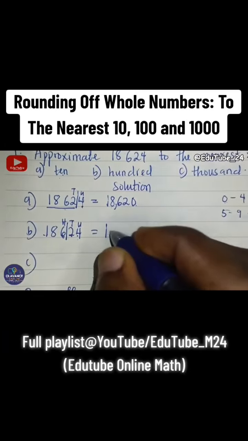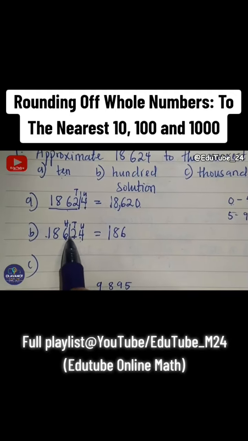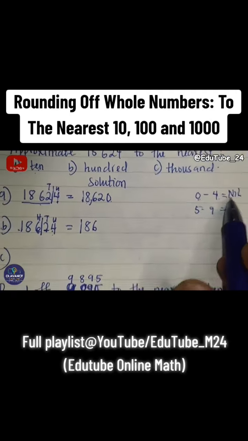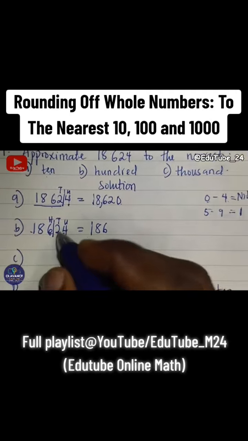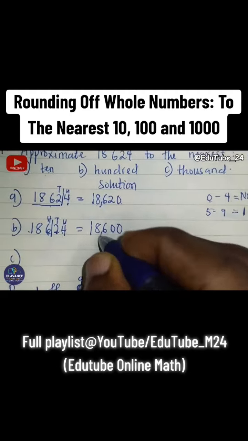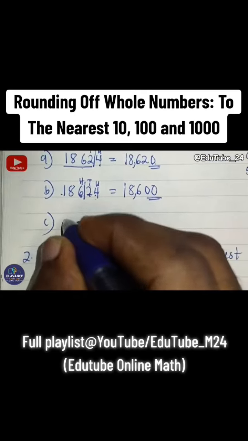nothing. So we write 186 because they said to the nearest 100, and then the nearest number to 100 is tens, which is 2, and it's between 0 and 4, so it will be rounded down to nothing. So these two numbers are basically going to turn to what? 0, 0. So our answer is 18,600. Then the last example,